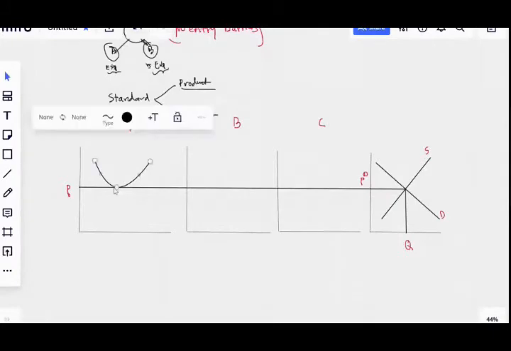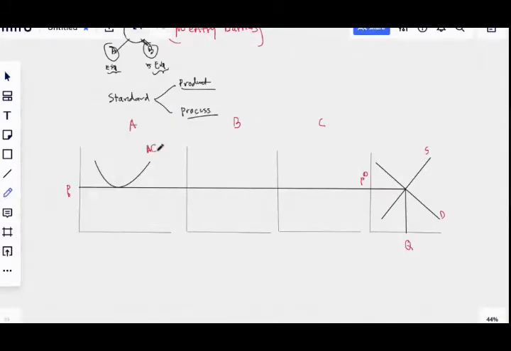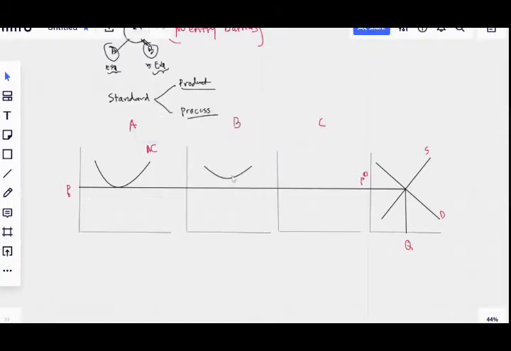So this is the average cost line. Don't worry about how the average. So the average cost curve, as you produce more, goes down. This is producer A's cost curve. Producer B also is another producer. His cost curve is like this. His producer is here, this one. So this is B's cost curve. And there is another producer, producer C.